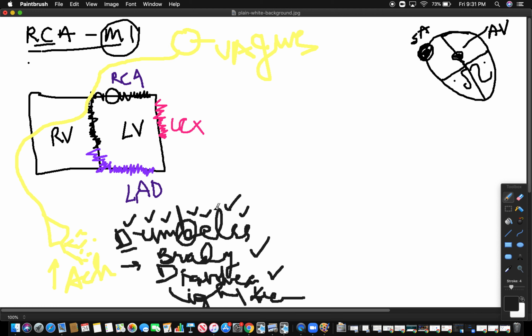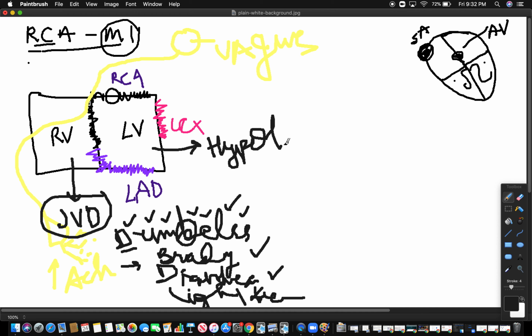When you have infarction of the right coronary artery right here, which is totally impeding blood flow into the interventricular septum and back here, not only are you getting these symptoms, your left ventricle, for the most part, has now stopped pumping too. If it's not pumping forward, blood is building up. If it's building up in both the right and the left, what do you get? JVD, jugular venous distension. This is another key feature of right coronary artery infarction. What else do you get if it's not pumping forward? Hypotension,